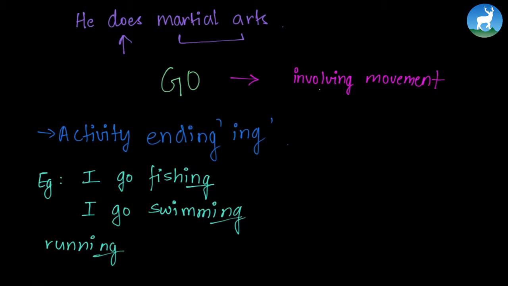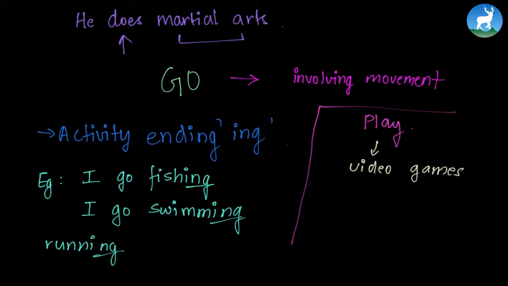Go is used with activities that involve movement from one place to another, while do does not need movement, or it does not require any kind of movements. Now, though it is not in our book, let's look at something else rather than do and go. It's play. So when do we use play? We use play with video games, and games involving football or soccer. This is the end of the use of do and go.